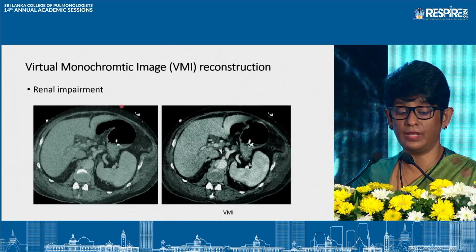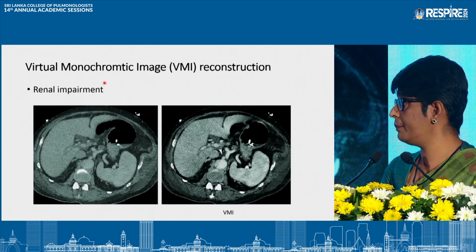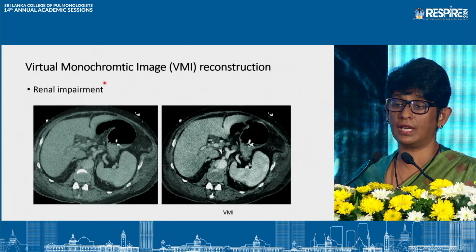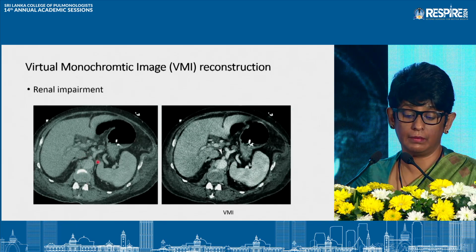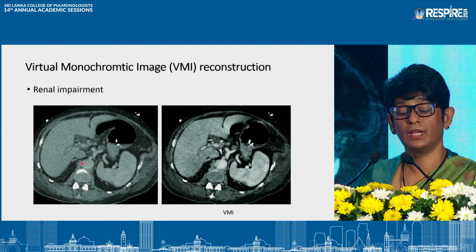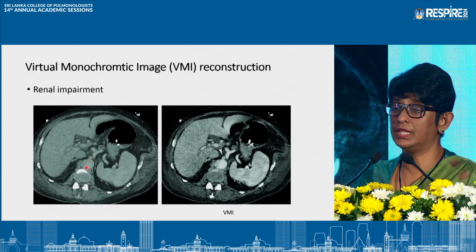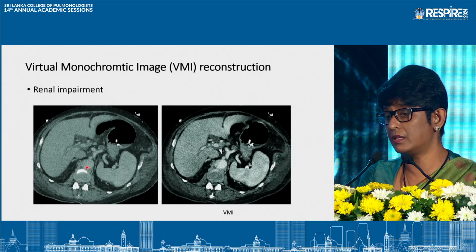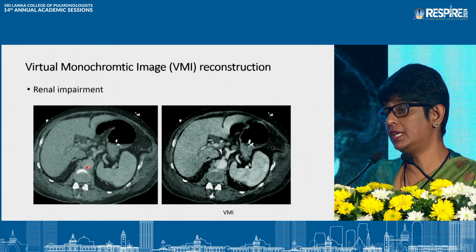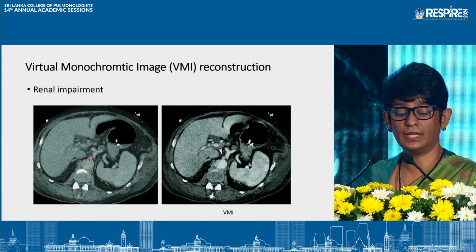Now, this patient was in renal impairment. We all know patients in renal impairment cannot take up the normal contrast dose. In addition, this patient has a chronic aortic dissection. So the patient has been given only 30 ml of contrast. Usually for an aortic angiogram, we give around 100 ml. So we have given only 30 ml, and this is the initial set of images with suboptimal contrast density within